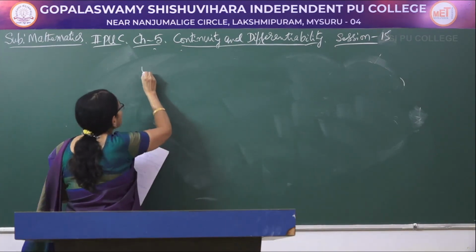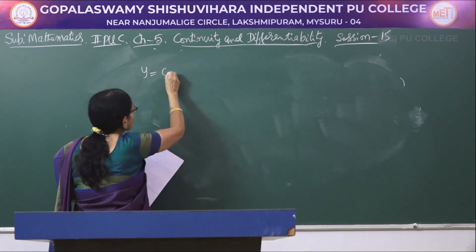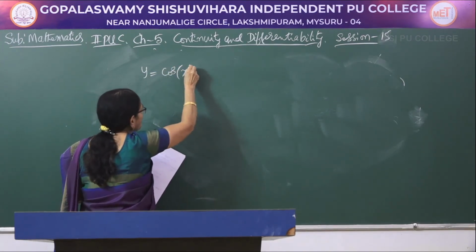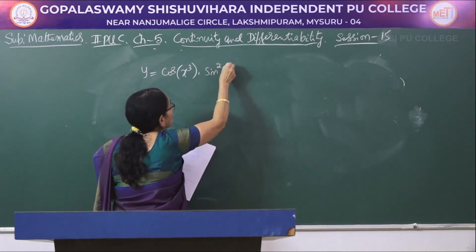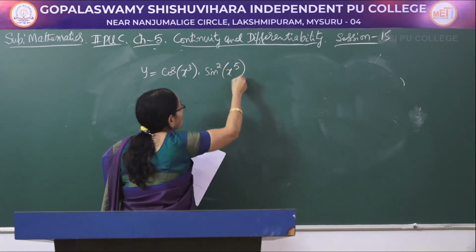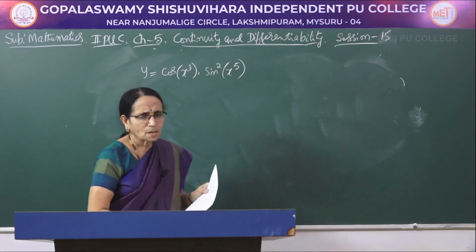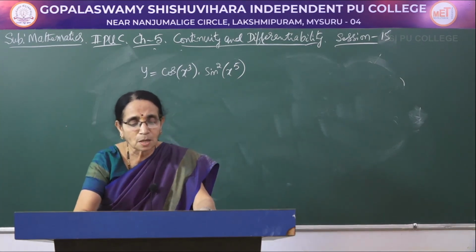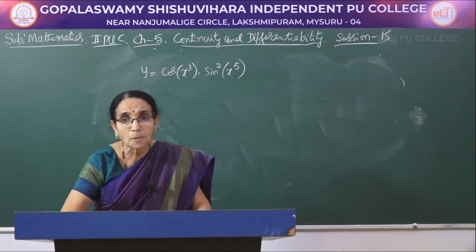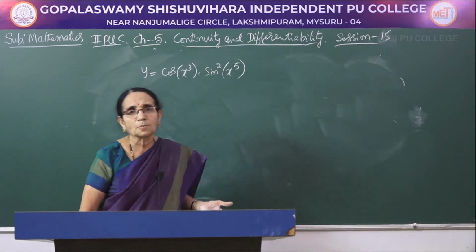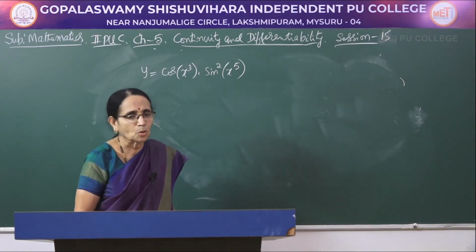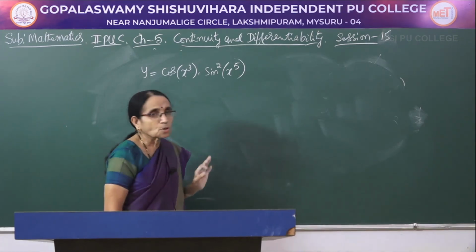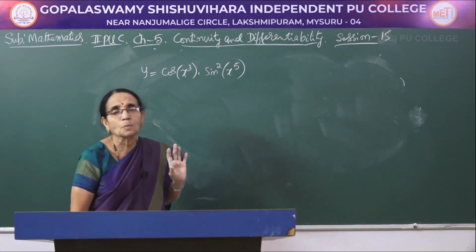Now another function where again we are having a product and we have to apply the chain rule. It is y is equal to, carefully understand, cos of x cube into sine square of x to the power 5. See, these are the problems which have been given in your present textbook. So you can expect such problems also in the examination. Usually they take the problem from the present textbook only. Cos of x cube into sine square of x to the power 5.